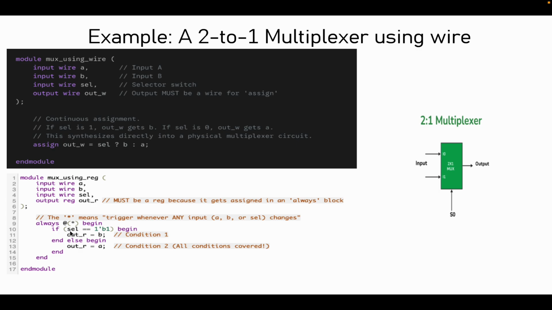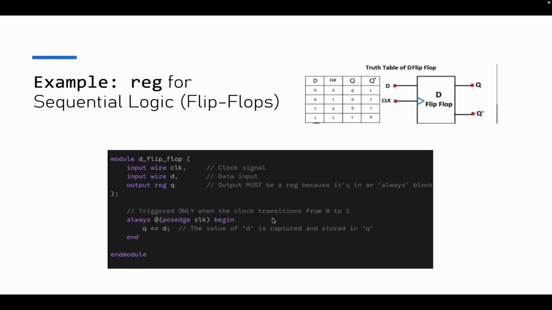Here, what happens is if we have an always at the start, it means at any condition, at all types of conditions. That means whenever your input A, B, or the select line changes, this will be evaluated. Here, if the select line is 1'b1, at that time you will get output as B, and in the else condition it will become A, that is your 0. Here, there is a very important concept about latching that we'll see in the next slide, and how reg is